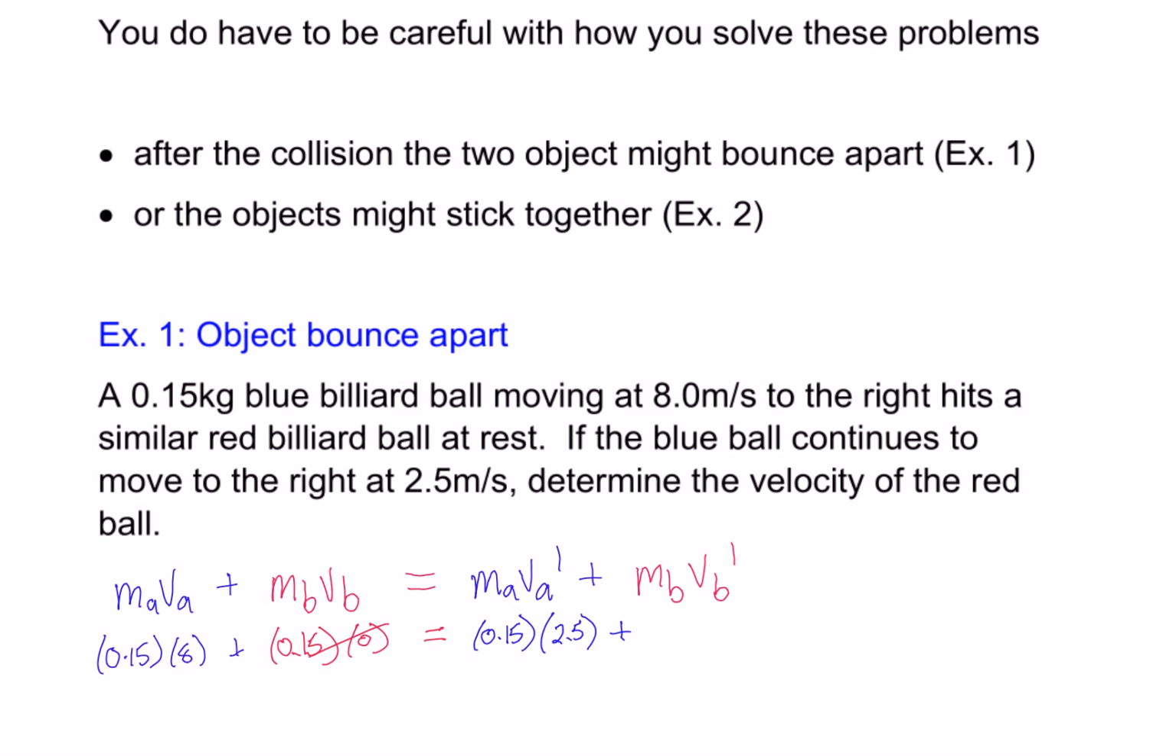And then our red ball has the same mass, 0.15. And the question is, what's its velocity? So you can see we plug everything in the formula. We have everything except for the final velocity of ball B. So now all we have to do is do the math, solve all this. So if we go 0.15 times 8,